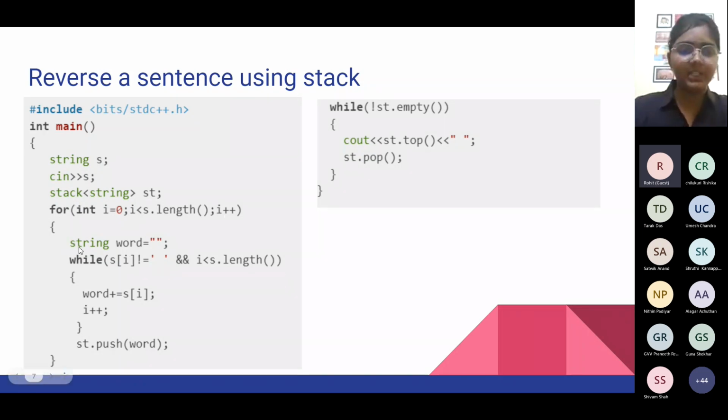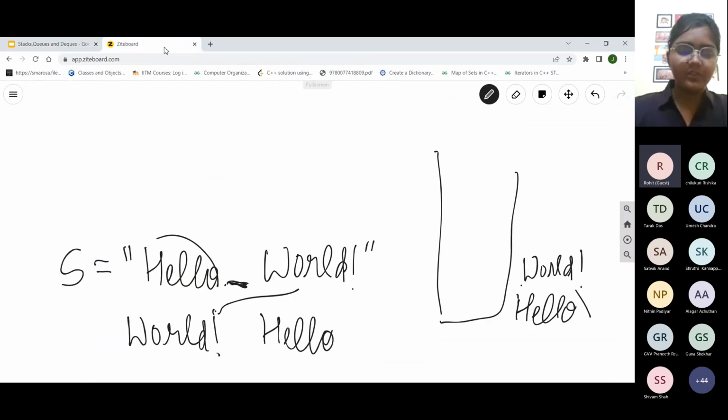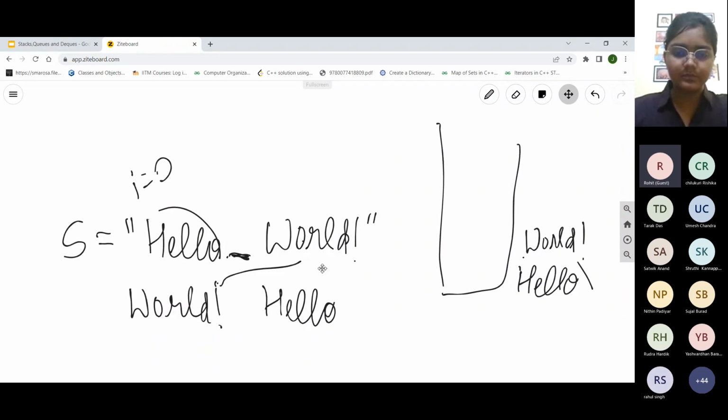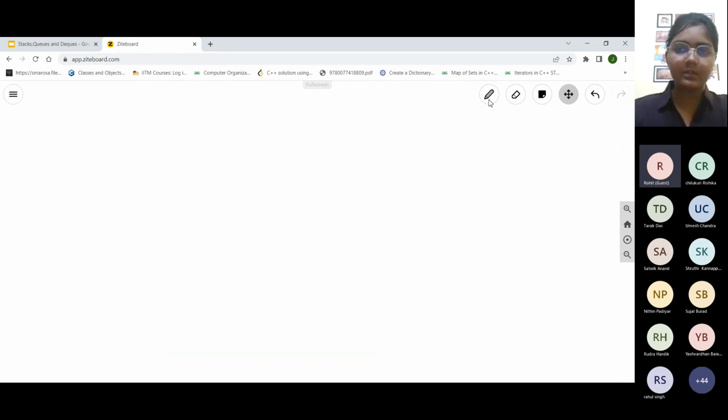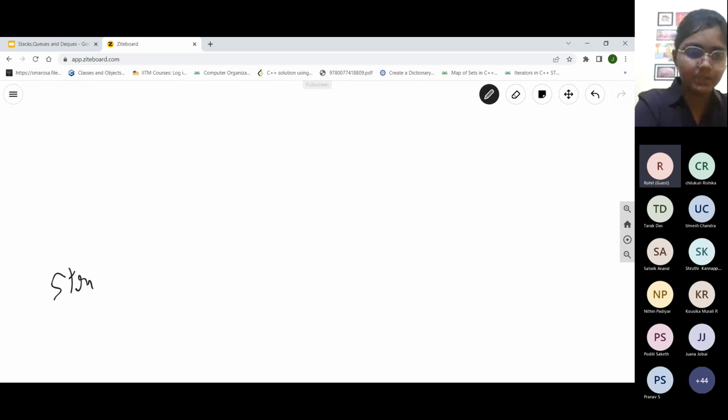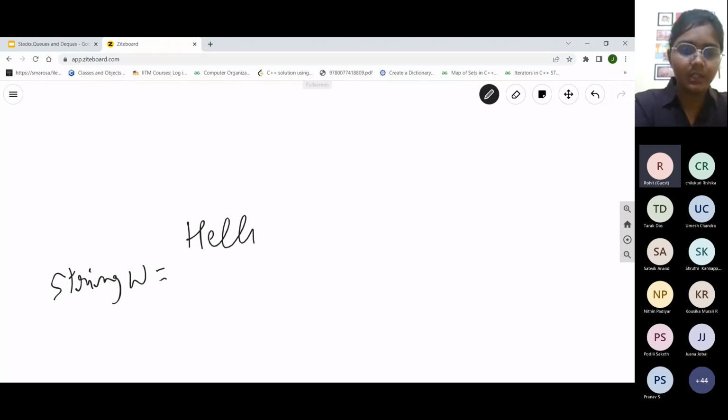Here we will be taking the first word. So how will you take the first word? Let me start with a loop. Let's say the length of the string is given. I'll start from i equals 0 for my string, and I'll declare a temporary string W that will store the word. As we have a string, hello world,